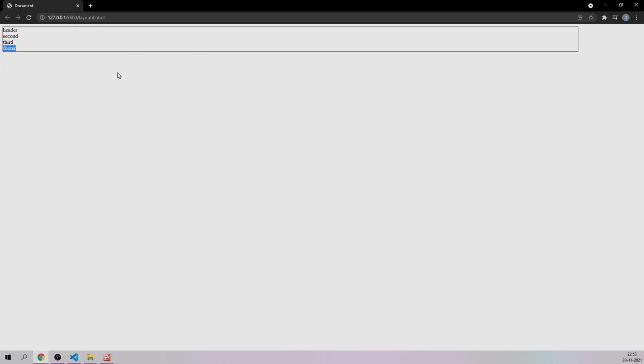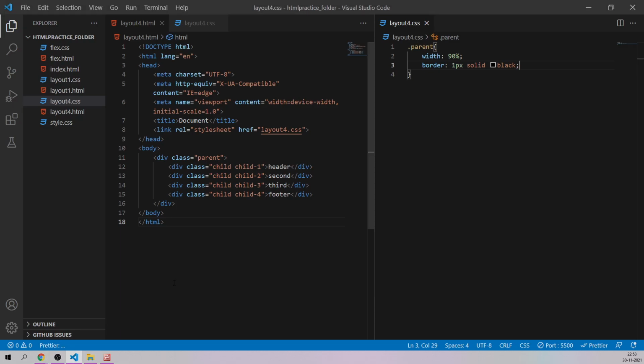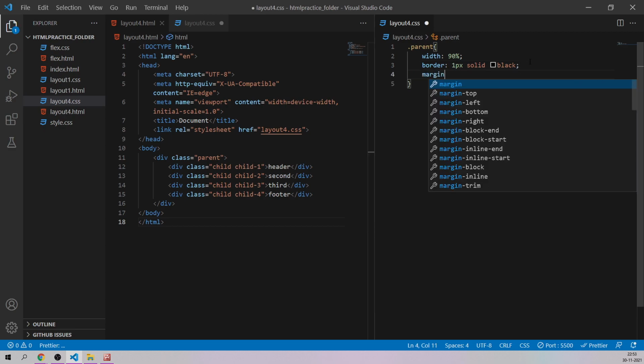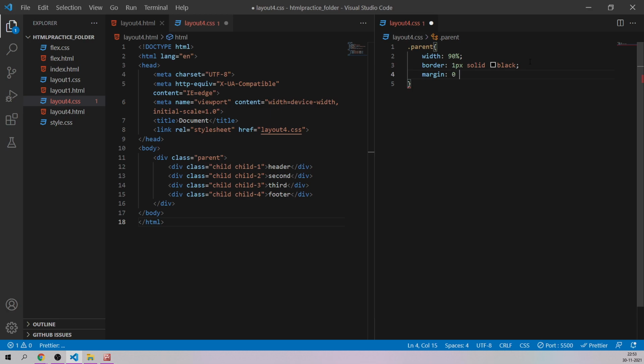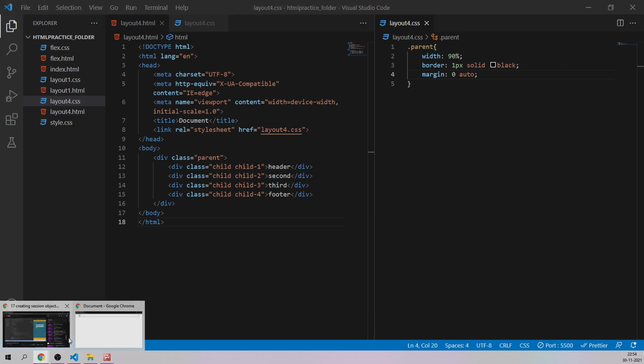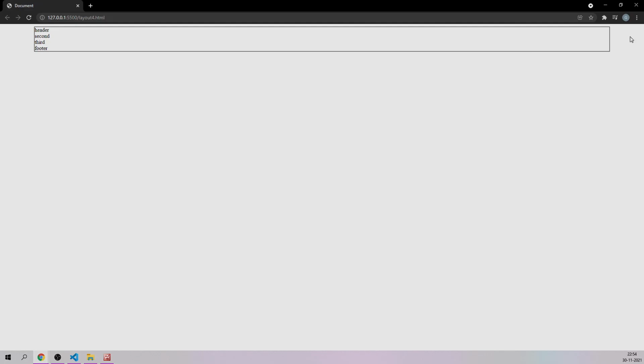So we have our body right now and it is only 90% of the width of the entire screen, and this is the remaining 10%. Let me adjust the margin so that on the left and right side it adjusts automatically. In the CSS file, I say margin colon 0 from top and bottom and auto from left and right. If I do this, it's going to be exactly in the center of the page. See, the left side and right side margins have been adjusted automatically.